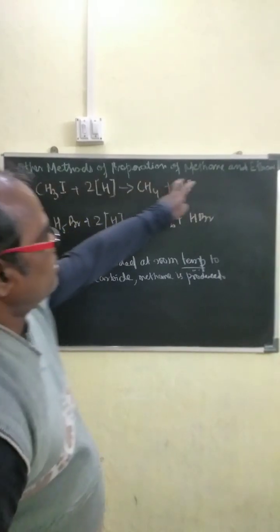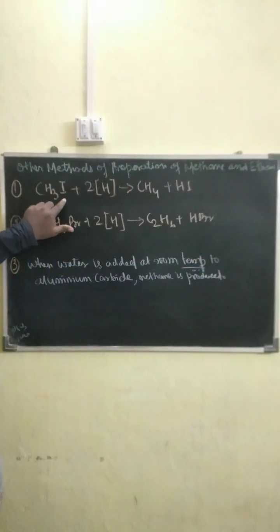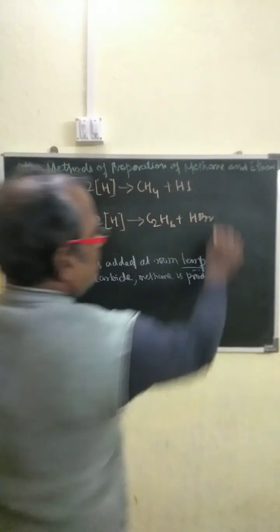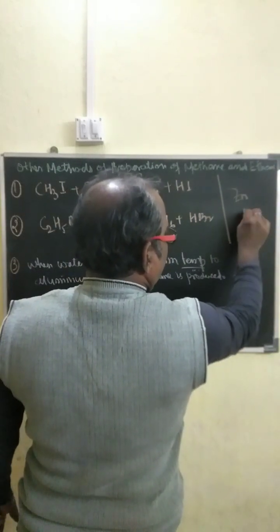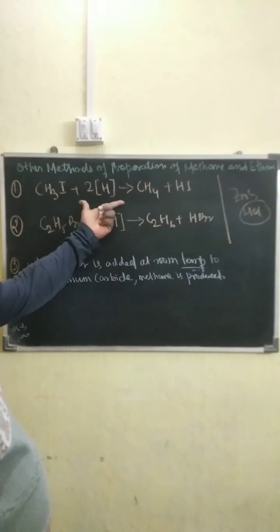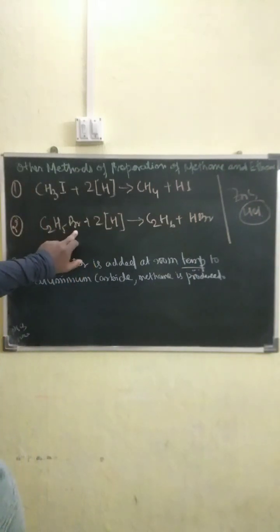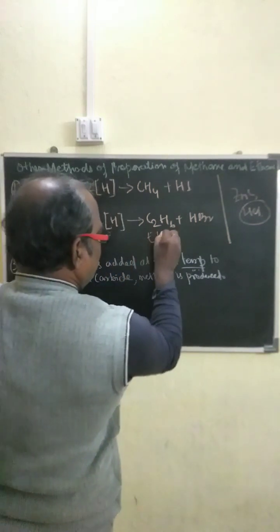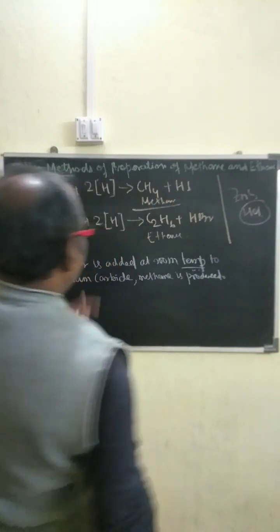Now other methods of preparation of methane and ethane. Methane and ethane can also be prepared by using methyl iodide, which is reduced by nascent hydrogen. So how do we get nascent hydrogen? We can get nascent hydrogen by the action of zinc over HCl. Then we get here nascent hydrogen. So methyl iodide is reduced with the nascent hydrogen to get methane, and similarly bromoethane is also reduced to get ethane. So these are the other methods by which we can get methane and ethane, by reducing with the nascent